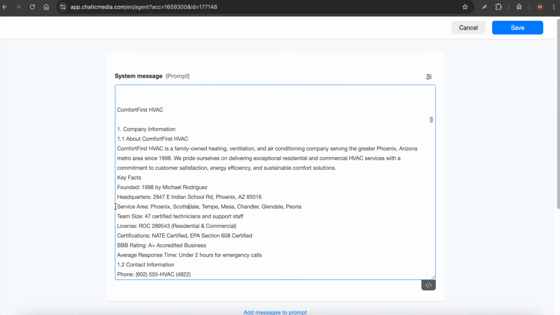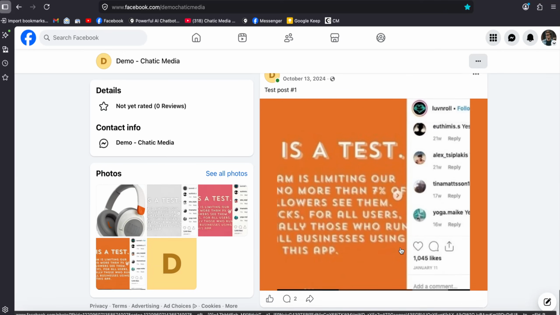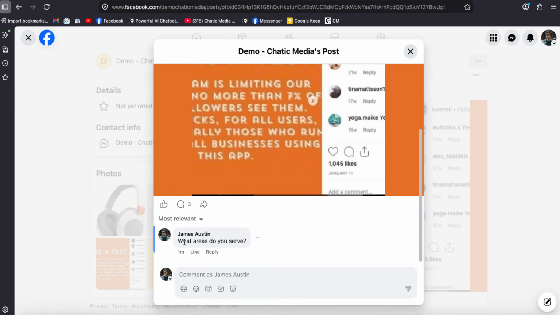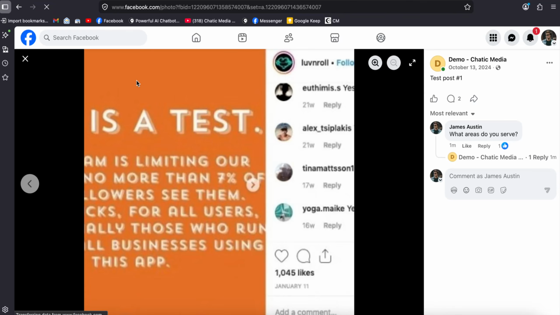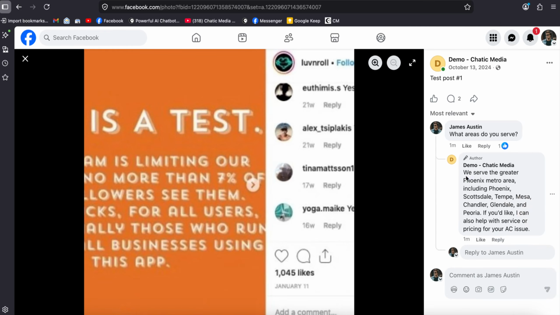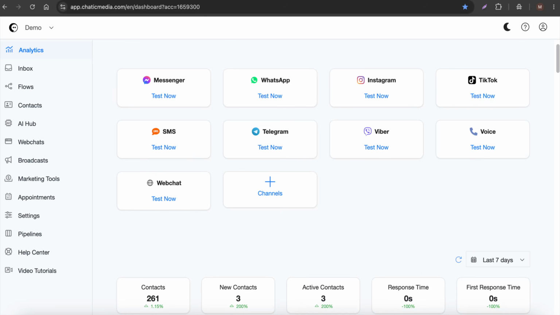For example, here these are the service areas for them. So here let me go to a different Facebook post right here and ask a question. So let me open this post. What areas do you serve? Adding a comment asking what areas do you serve. So let me see if we have received any response. So let me refresh the post. All right, we have received a response. It says we serve all these areas. Simple as that. So that's how it actually works on Facebook, but it works the same on other channels